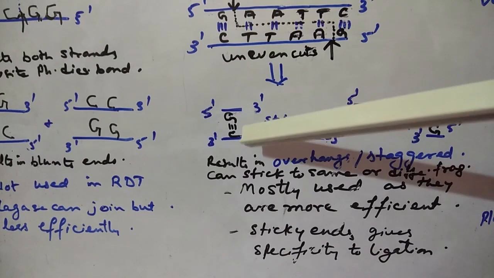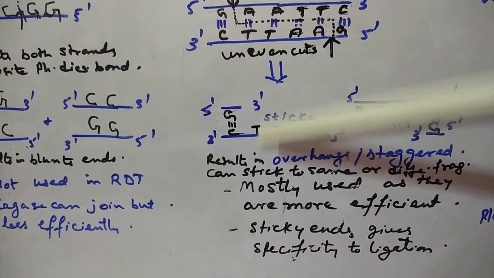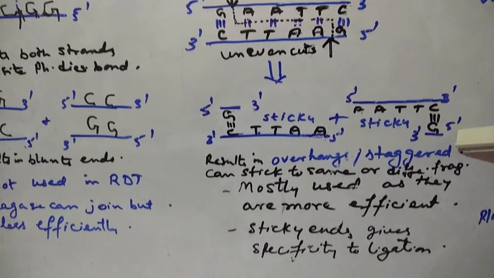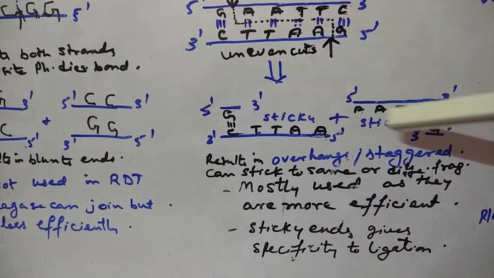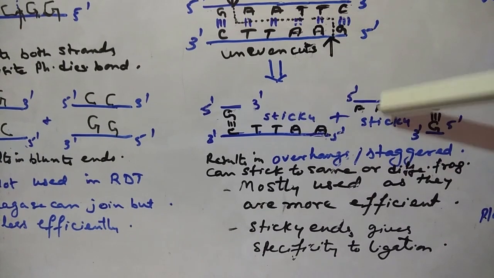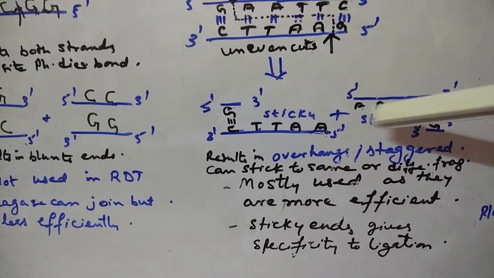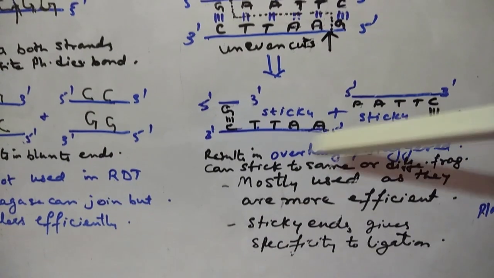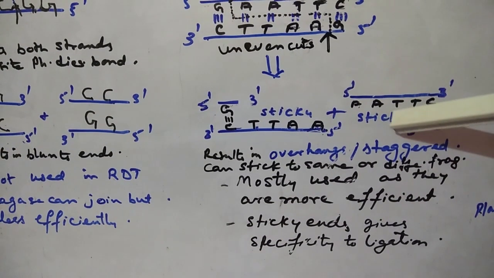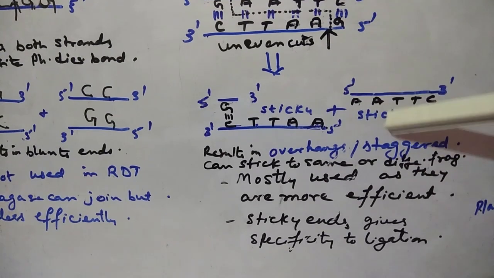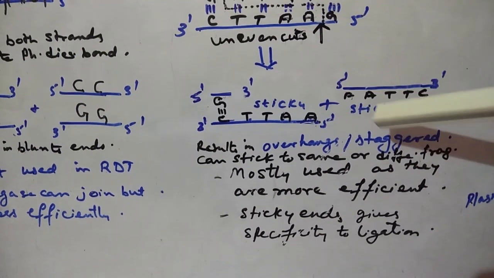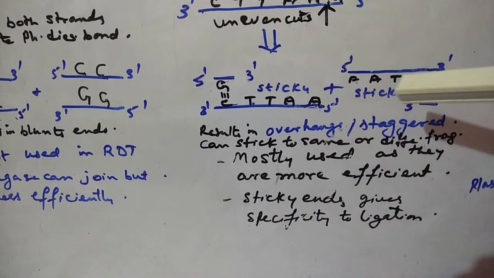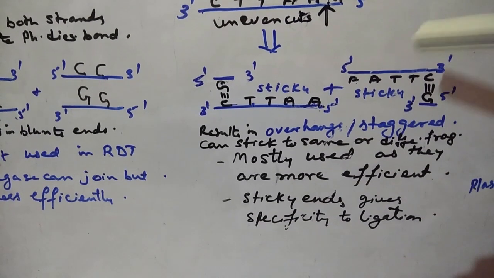Such areas which are exposed are called sticky ends. In the other half fragment also, see, G is on the other strand and AATTC has come together. So AATT doesn't have a complement here, it is cut off. So this is the sticky end. These two can even ligate together, but during rDNA technology, we take care of preventing self-ligation by the use of alkaline phosphatase, which we will discuss somewhere later.